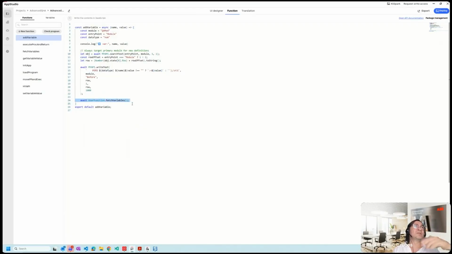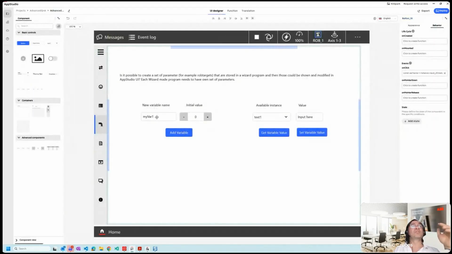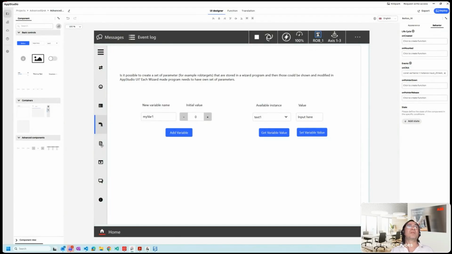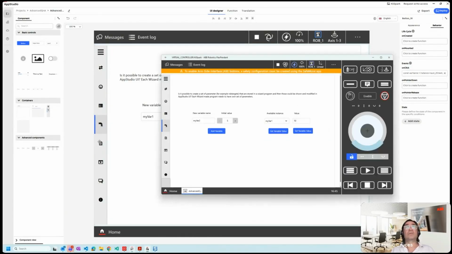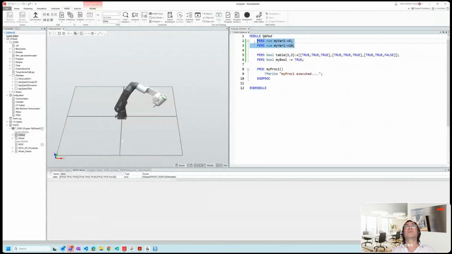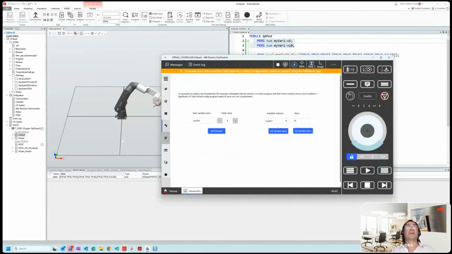And as I mentioned, at the end I am getting all the new available variables back to AppStudio. This way, I can reach this kind of behavior, which can be very powerful for you, and combine it with the next topic, which is, let me go back to the web app. So here, I'm not sure if we saw it in action. Yes, we saw it. We have a couple of variables that we created,